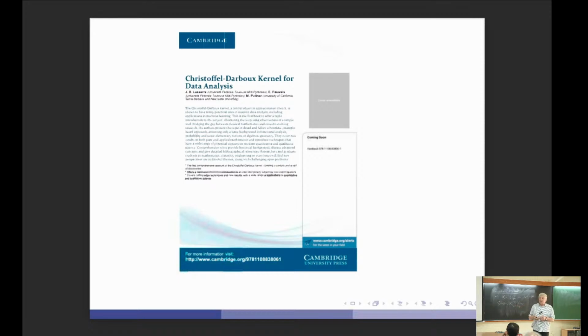How to play with the Christoffel Darboux kernel, and essentially to exploit the behavior of the kernel on the support, on the boundary, and outside. And this will give you more or less shape reconstruction, will give you Lebesgue measure decomposition and spectral analysis. So it's quite remarkable. So have a look. It's in Cambridge, and I think you know how to find a copy on the web. I don't mind.